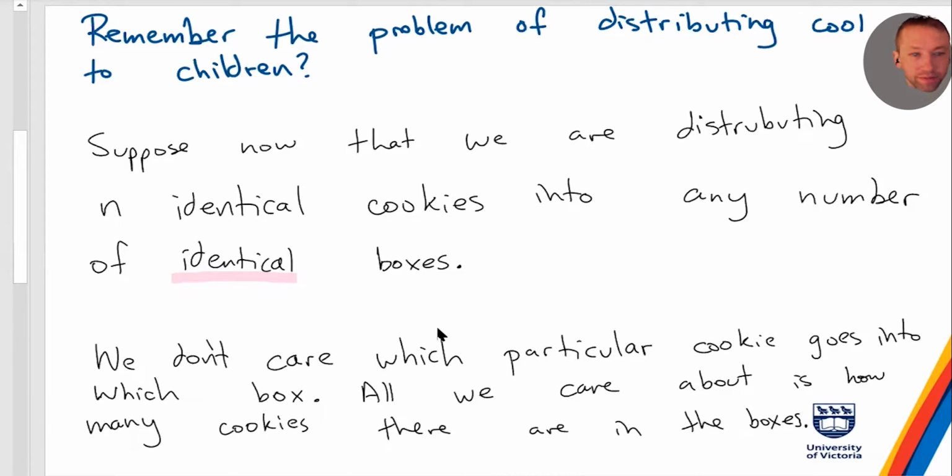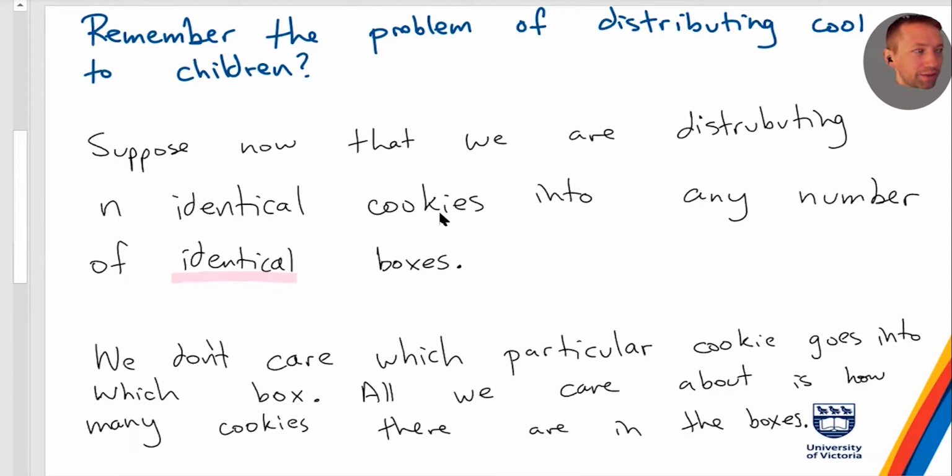to each child. Now, giving 3 cookies to the first child and 4 cookies to the second child, or giving 4 to the first child and 3 to the second child, those are different things, right? In that problem. But what if instead of giving cookies to children, where every child is different,